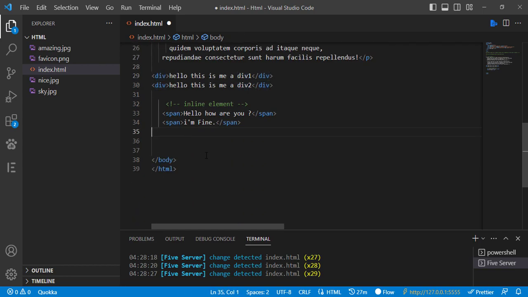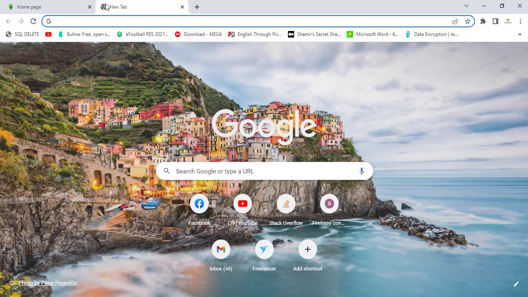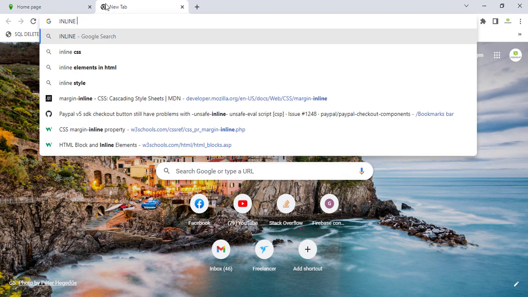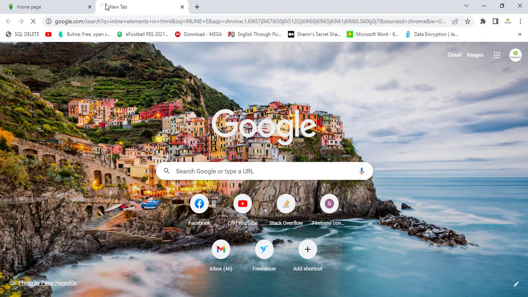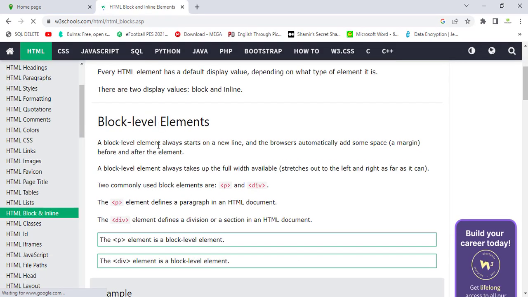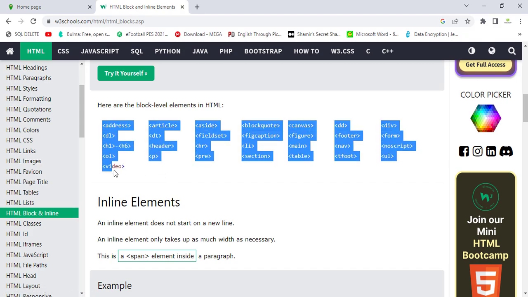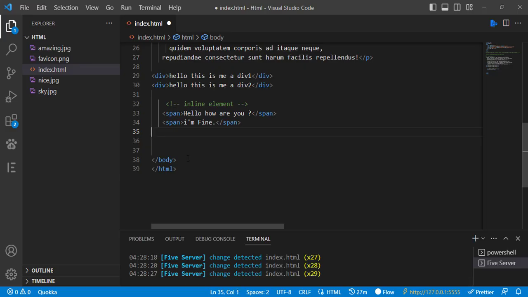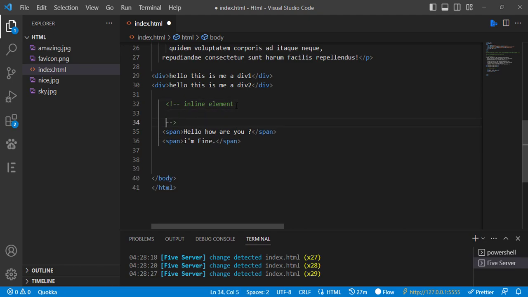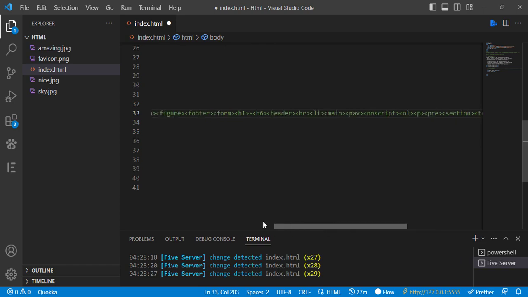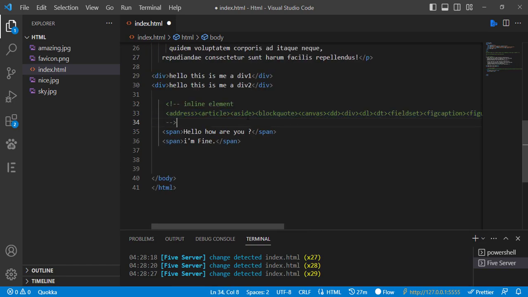There are a lot of inline elements. You could just go to Google and search "inline elements in HTML." As you can see, it's going to appear here. Let's just go ahead. So basically all of these elements are inline. If you go there, just copy that. Inline elements. So yeah, all of this: address, article, aside, blockquote, canvas, dd, div, dl, dt, all of these